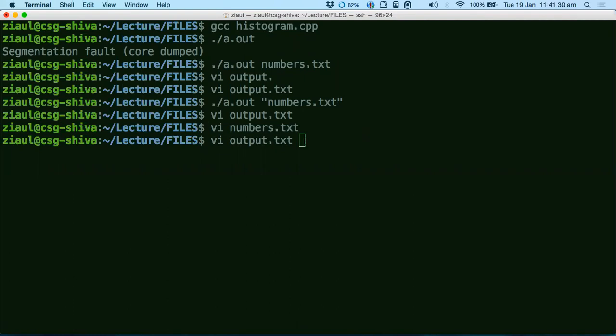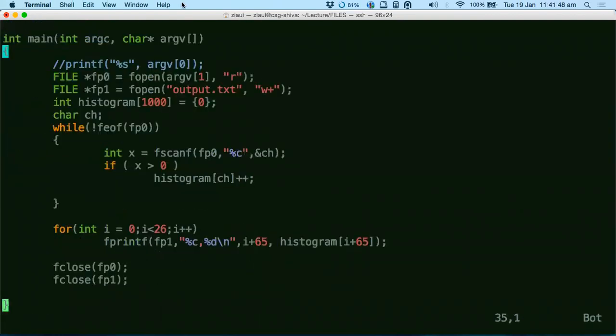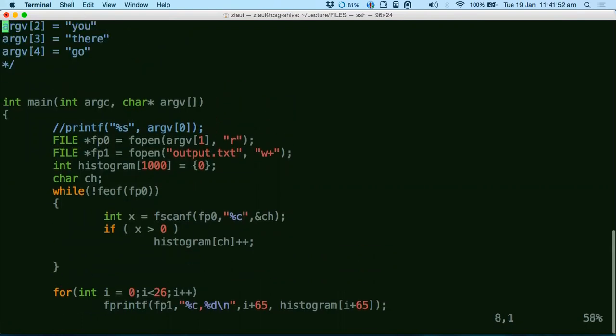Anyways, let's leave it. So I think you can read on command line parameters. I think you got the concept of command line parameters, right? Maybe you can try it as homework. So how do you link the command line parameter with the file name? That's it. Yeah, let's not do this today. Okay, then fine. File input output we have covered, and the basic file functions fopen and fclose. So we'll be ending it today then.